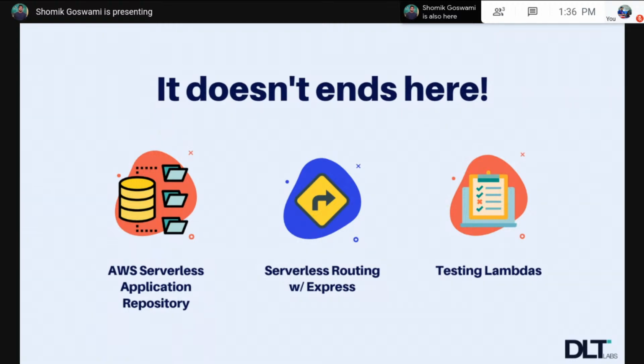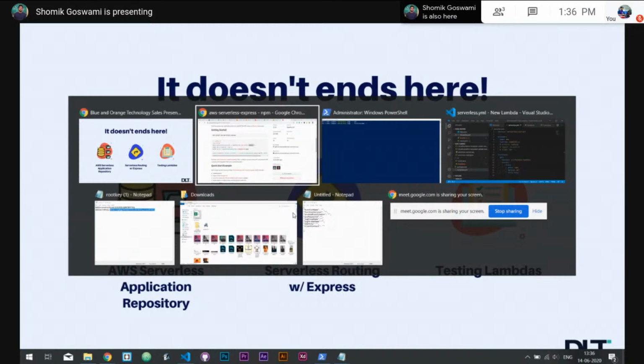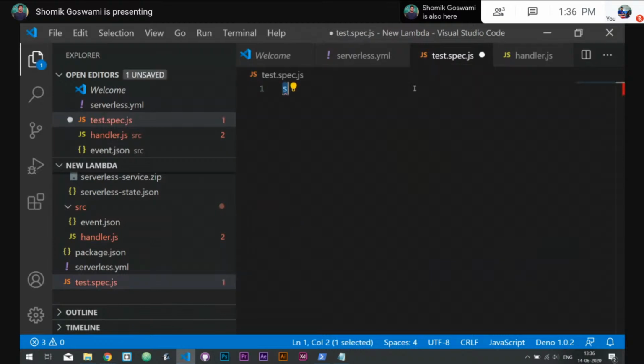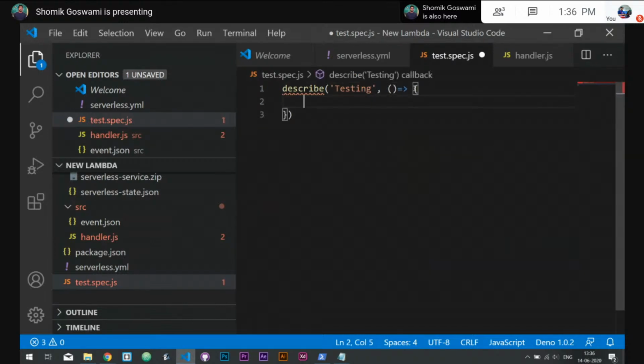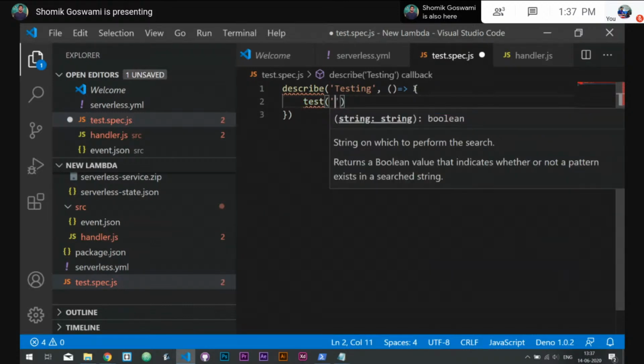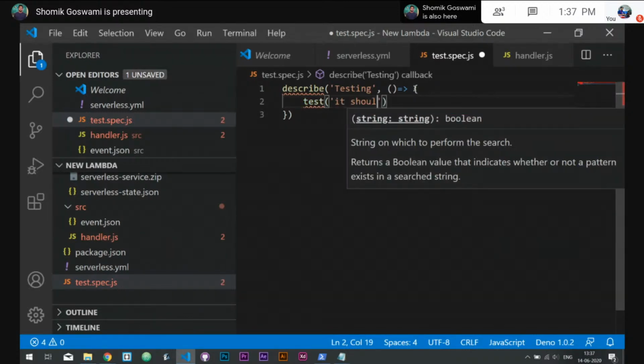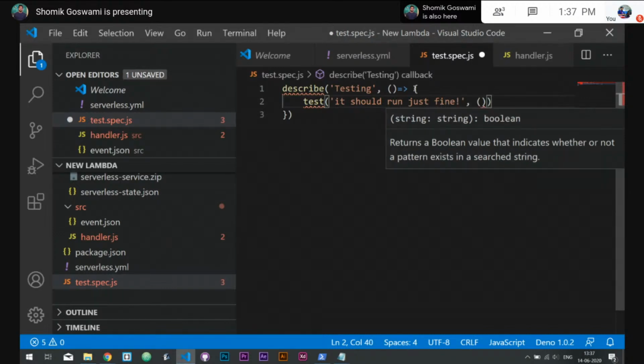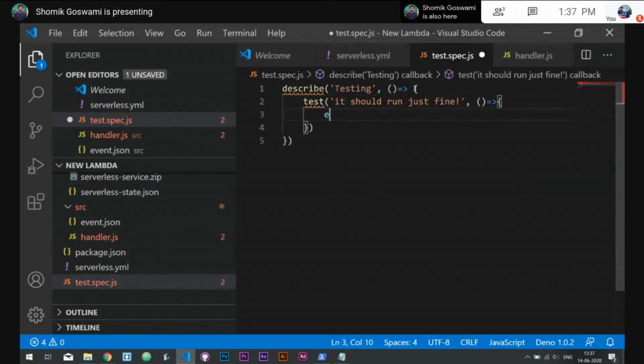Let me write a basic boilerplate code so that you guys get the hang of it. All your test files should have spec in them. So then we have expect this to be